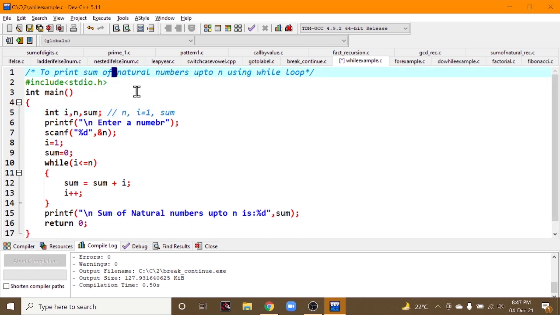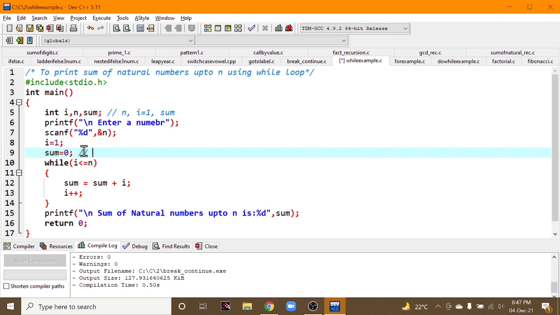Before giving the question, you need to write like this and take the input: enter any number. For that number I'm taking input, and I have initialized sum as 0.